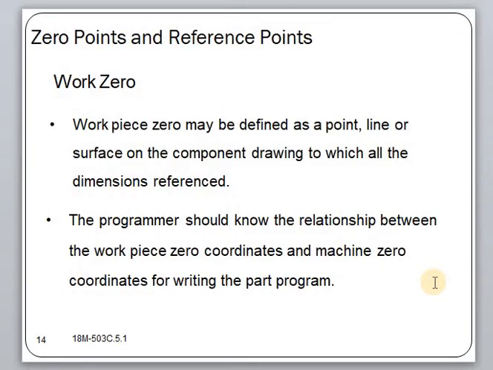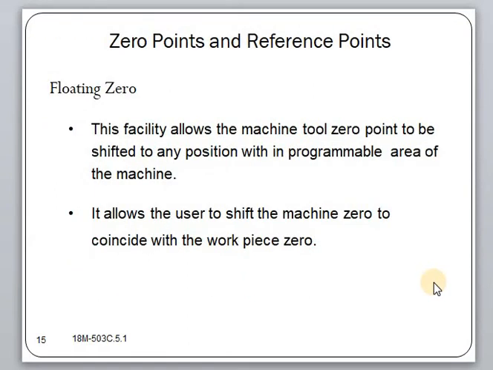And the purpose of the coordinate system is to provide a means of locating the tool in relation to the workpiece. Depending on the type of the NC machine, the part programmer may have several options for specifying the location. One of these options depends on whether the machine has a fixed zero or a floating zero. In the case of a fixed zero, the origin is always located at the same position on the machine table. Usually the position is the southwest corner of the table.